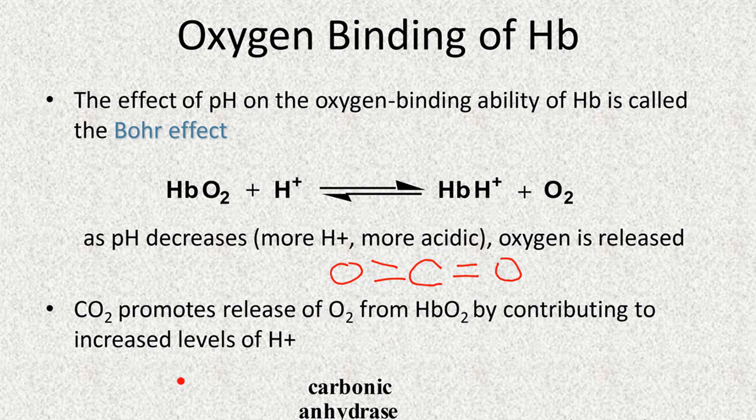Then if you go up here, the proton is going to be able to affect the ability of the oxygen to be released, which should also make sense once we get to the muscles, which would have higher concentrations of carbon dioxide, lower concentrations of oxygen, and so on and so forth. So this is one way that we have to monitor the pH of the blood, as well as